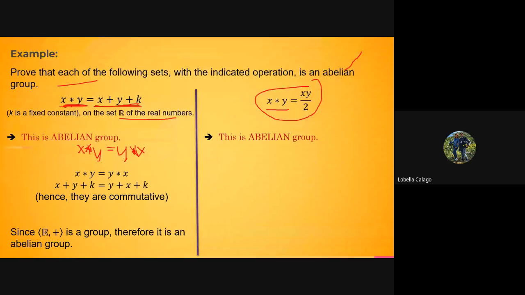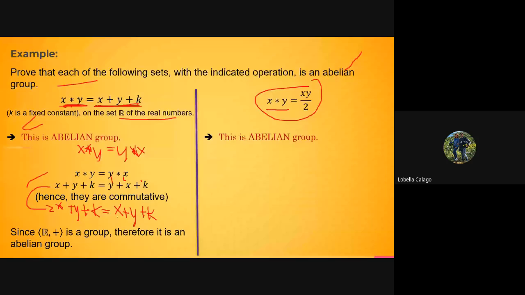Ngayon, si y asterisk x. Nag-change lang po dito, y plus x plus k, kasi dapat ganito yung kanyang format. Since we all know, di ba? X plus y plus k, parehas pa rin sa y plus x plus k. Y plus k must be equals to x plus y plus k. Nag-change na siya kasi parehas naman din yan. Therefore, since parehas yung kanilang answer with a k, kahit may k siya in a fixed constant,